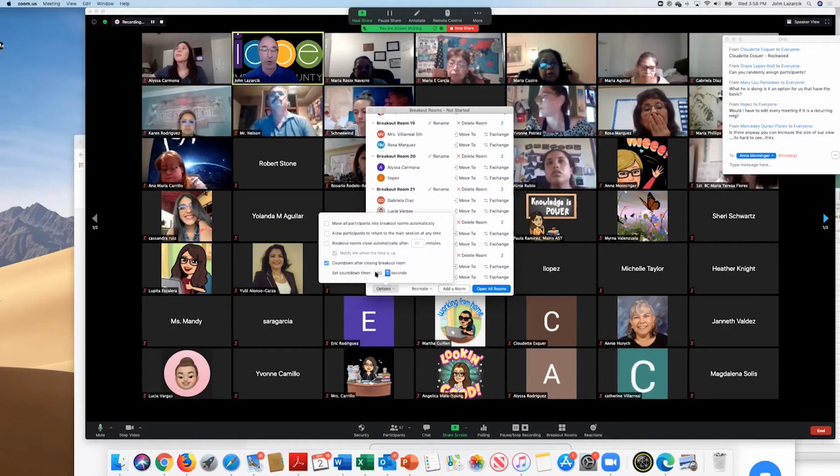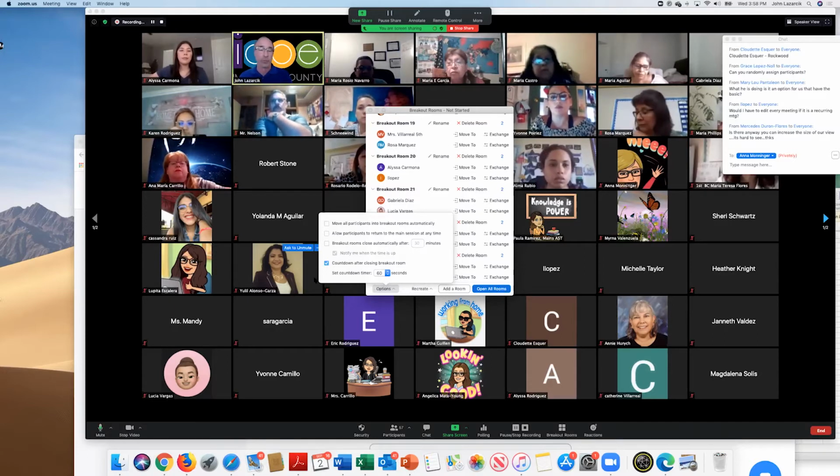What you won't see is that when I open all the rooms, this turns into a red button that says close all rooms. When I close all rooms, it gives people in the rooms 60 seconds to finish up their conversations before they automatically come back to the main room.